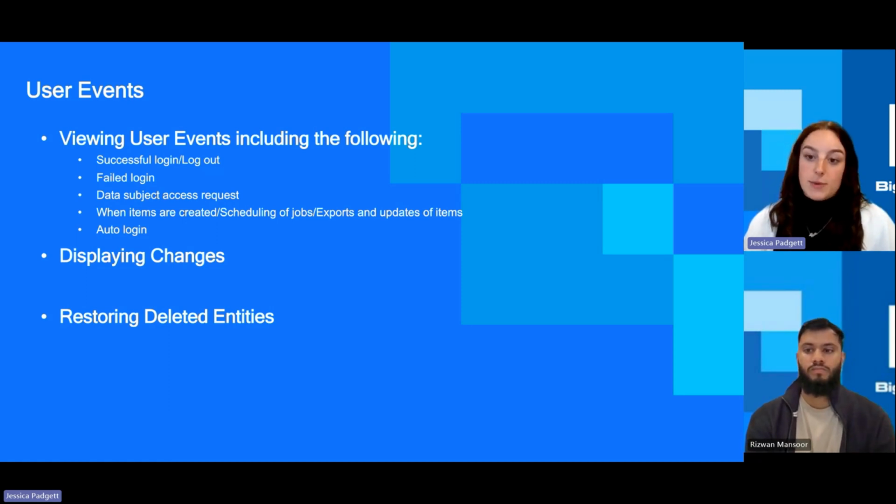So if a contact has been updated, if a contact has been deleted, you can see that. You can also see that for a job, for a resource, or for a note or financial document. There's many different things that the user events can be used for. So as you can see, like I said, it displays changes, but it also has a great feature in that